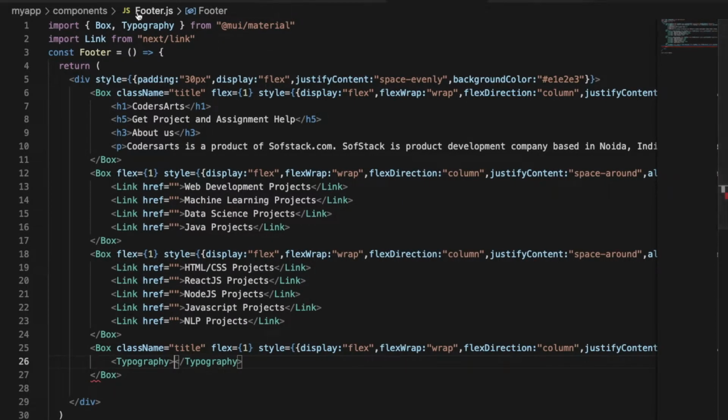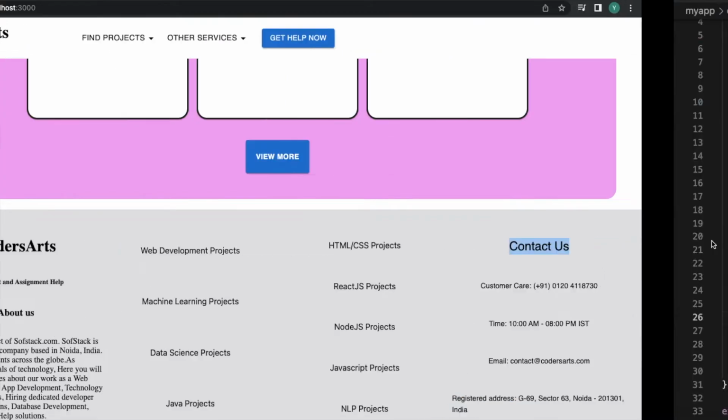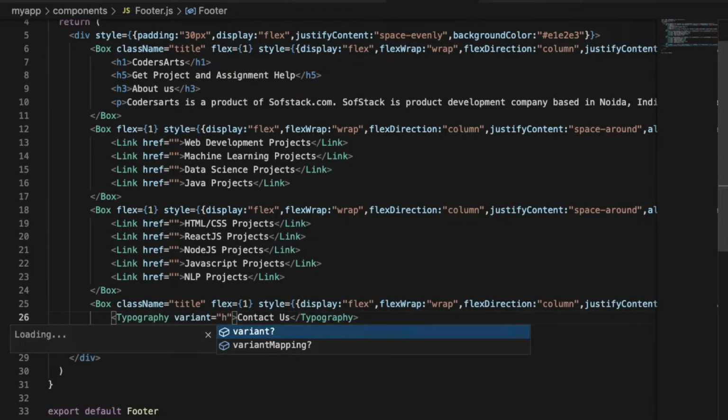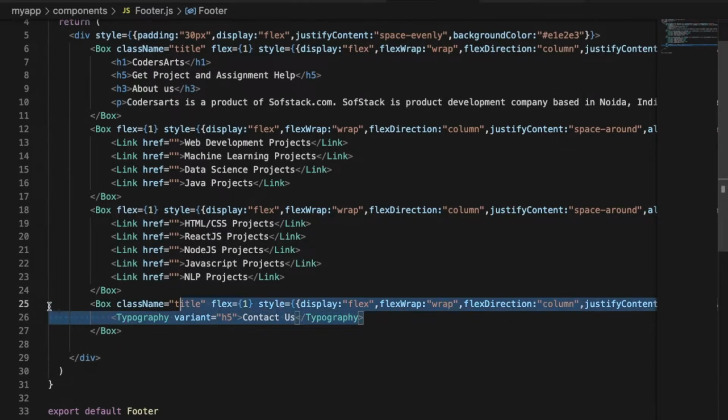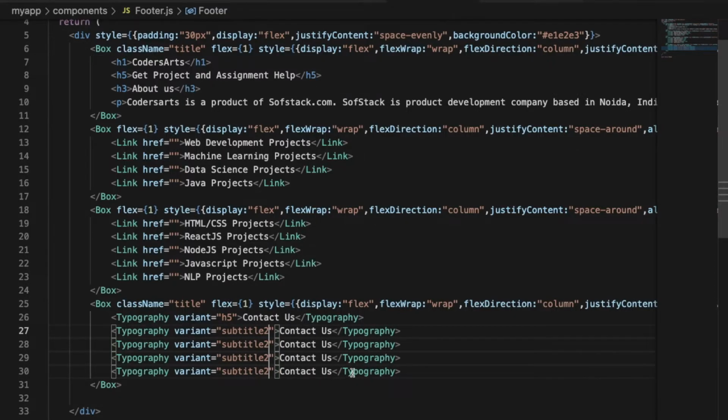Typography, you'll see that would be imported, right? So I'll say contact us, and for this I'll put the variant as h5, and we'll copy this typography line and we'll paste this 2 times more, and everywhere here we'll say subtitle. We'll change this to subtitle 2, right,